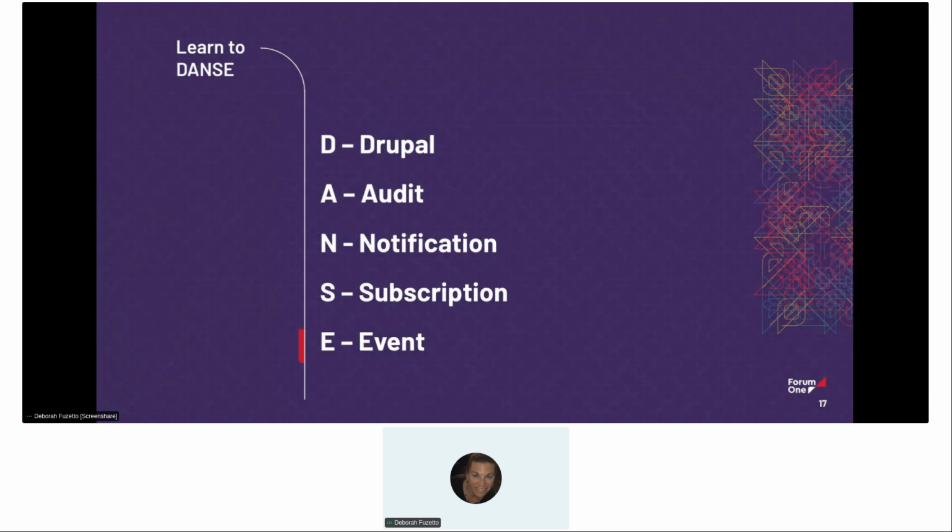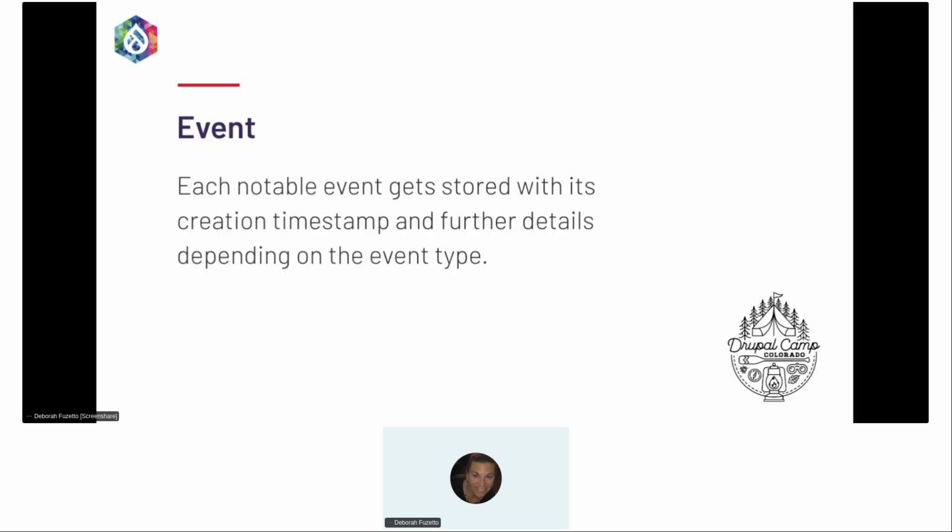And then E is the event. So again, the events, this is all notable events that get created with a creation timestamp and also who made the change. So one of the things that DANSE can do is track configuration changes. So if somebody's making a configuration change in Drupal, all of that's being tracked. And so you can see what time it was made, who it was made by,